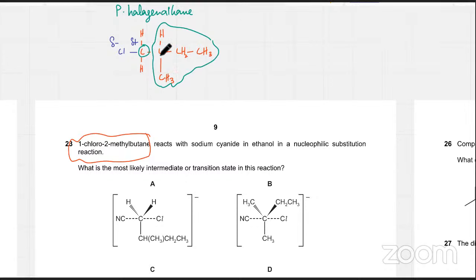So the carbon is bonded to fewer alkyl chains. Alkyl chains have this electron donating effect. They're going to push the electrons. I mean, alkyl chains have lots of electrons. The hydrogen atoms, they don't have a lot of electrons. So if the carbon is surrounded by mostly hydrogen atoms and fewer alkyl chains, like in a primary halogenoalkane, there's only one alkyl chain, then the electron donating effect is very slight, which means that the positive charge is going to be very large. It's going to be a very strong positive charge, which is why what's going to happen is